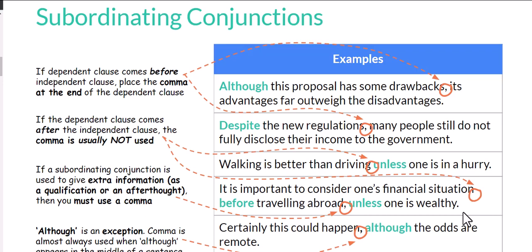This means if I use a sentence but it's not complete in meaning, I have to add a comma to mention that I'm going to add extra information here. Okay, as you can see, after each dependent clause I have to add a comma here. And if the separating conjunction is used to give extra information as a qualification or an afterthought, then you must use a comma, as you can see in this example here. Okay,